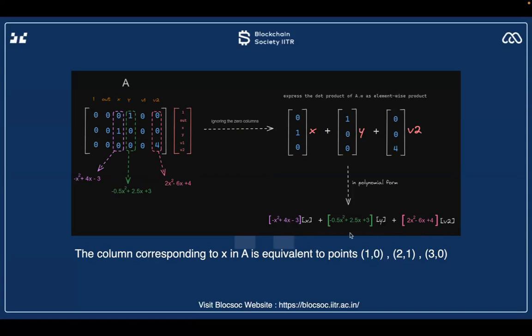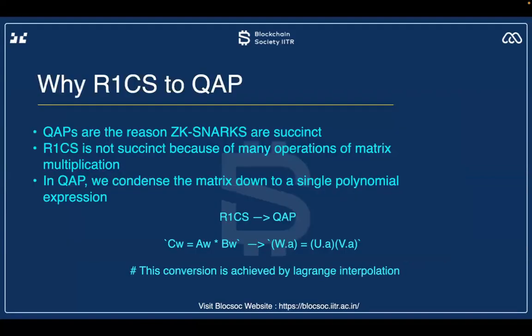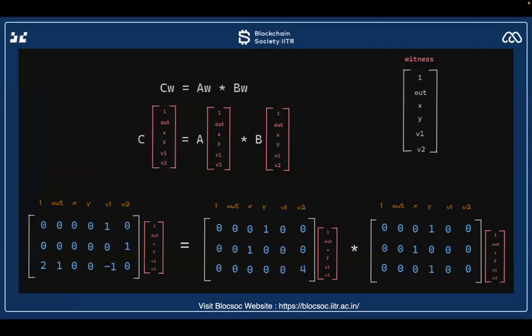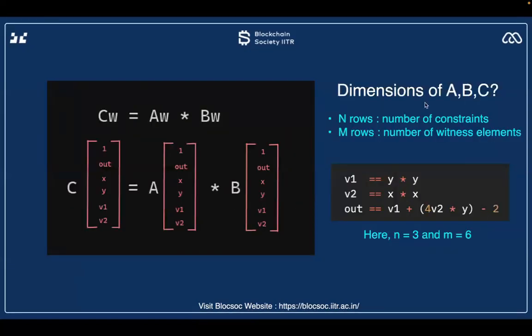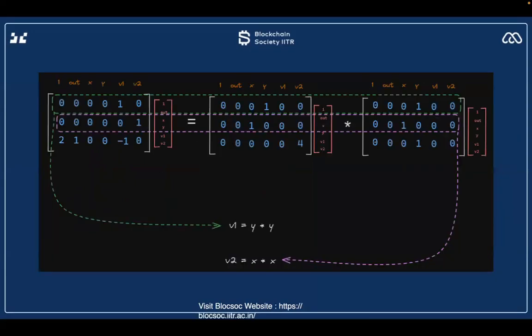And when you put x = 1 here, sorry, it is misprinted, it is 0.5x² − 2.5x. You will see that if x = 1 is put here, then you will get 1 from here. So effectively, when we put x = 1 in this, we get 0x + 1y + 0v2, which means we get y. So this was my matrix A. Let's come back to the original constraint system, and you can see that the variable corresponding to the A matrix was y. So that's consistent